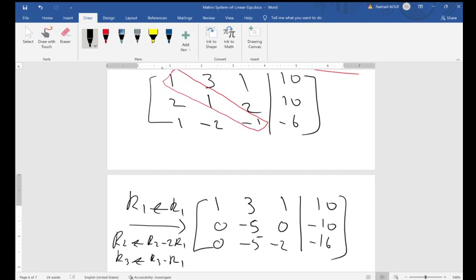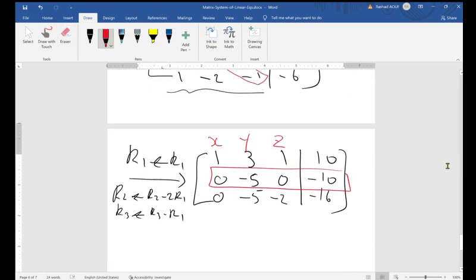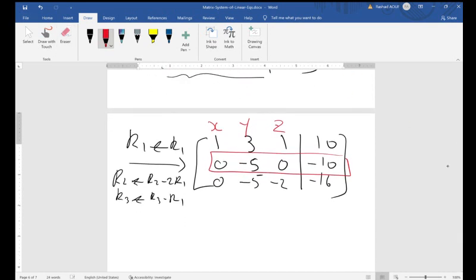So from here, if I have a look, normally all this, as I said, is a coefficient matrix. The first column is the coefficients for x, the second column for y, and the third column is for z. For example, in here, I can deduce that minus 5 times y